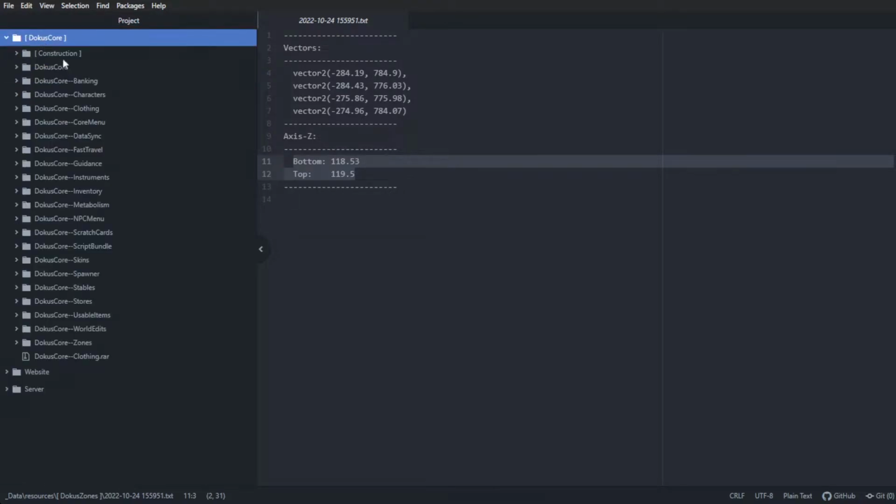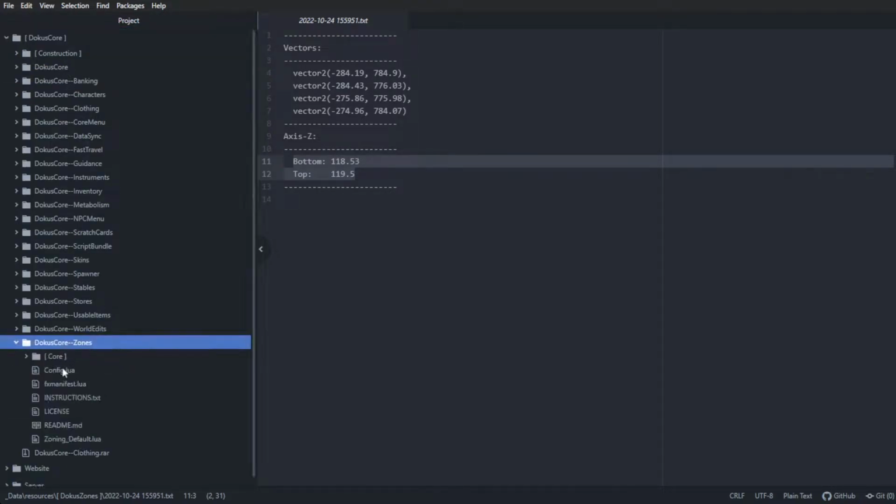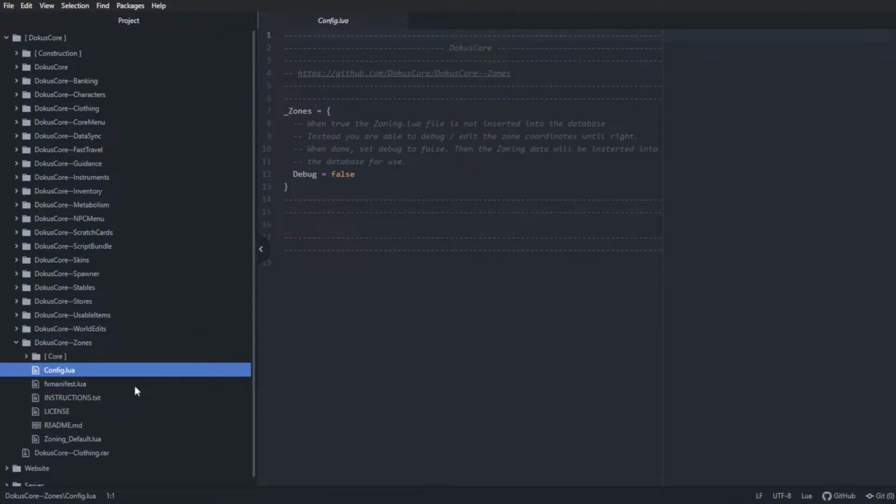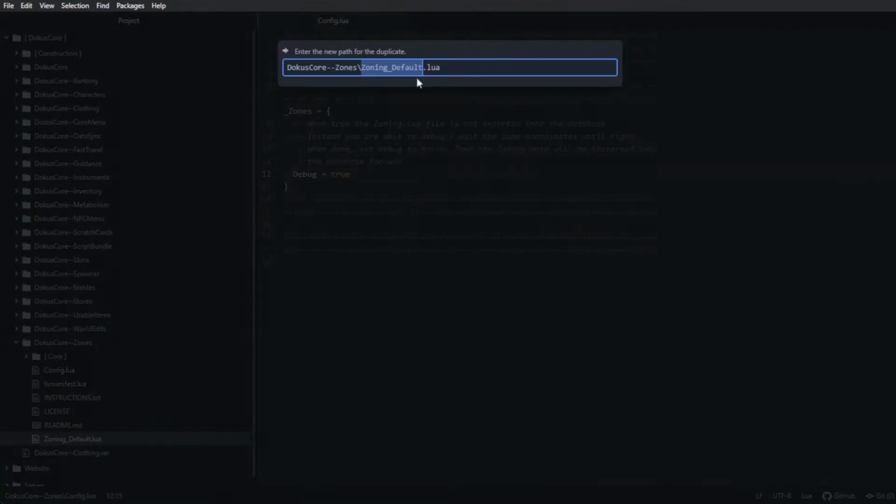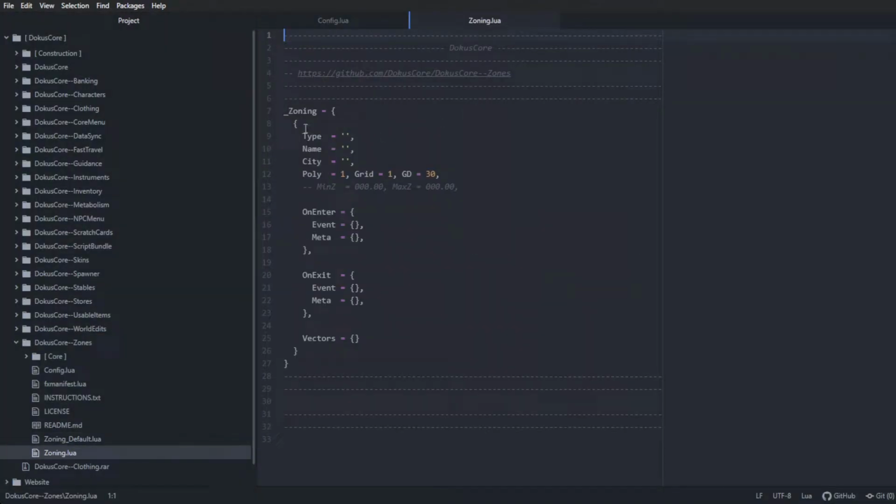What I would do with this is I would go to the zones plugin, and first and foremost we are going to set debug to true, because if we don't, it checks for the zoning.lua file, and if there is one and the information is edited, then it will delete the zoning.lua file and then push it to the database. So right now what I'm going to do is I'm going to duplicate this zoning default,